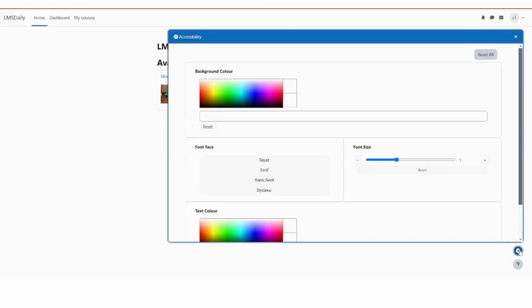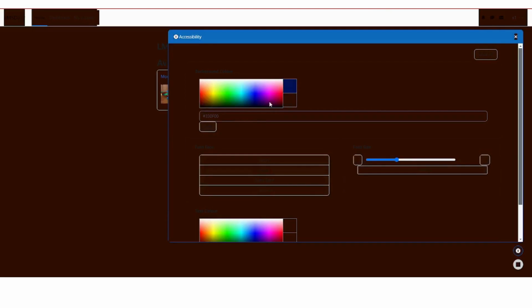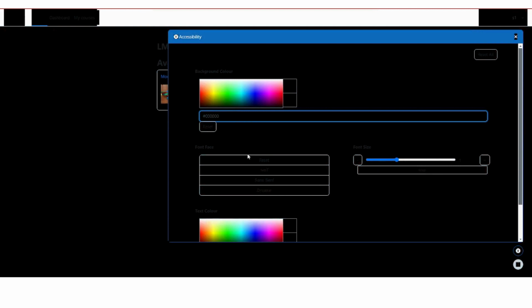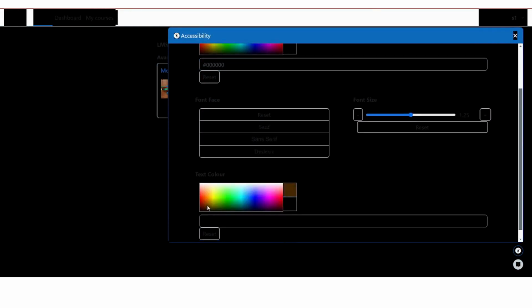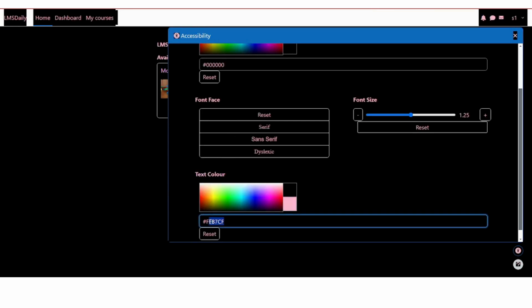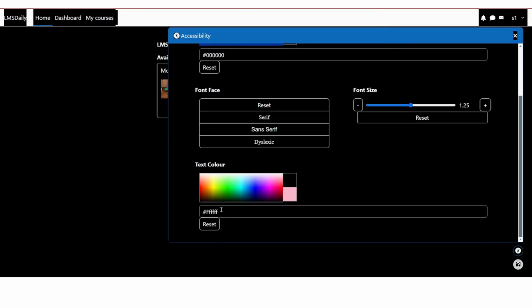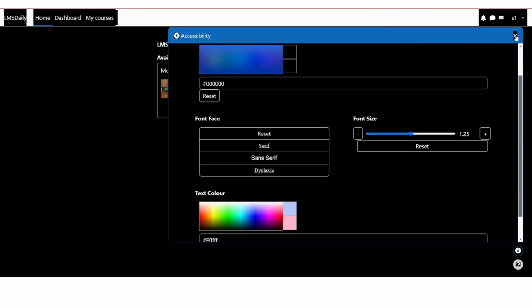So let me say that this student is having some problem with the colors. So he will need the background color to be dark black. And then he can choose the font size to be slightly larger, and then the text color to be completely white. So it will be FFF. And now you can see that whenever I change these things here, the corresponding values are changed automatically